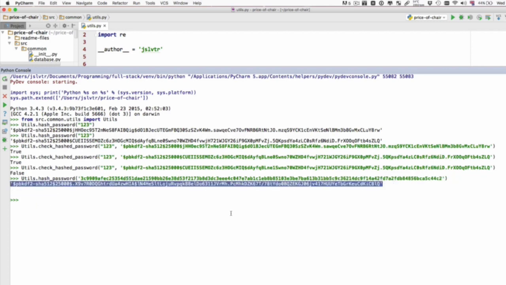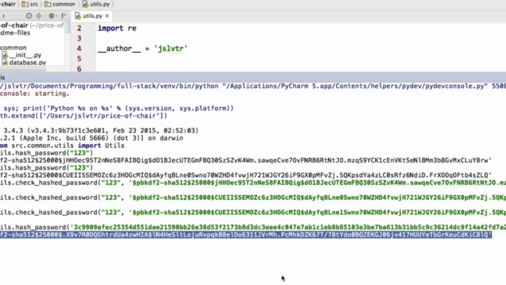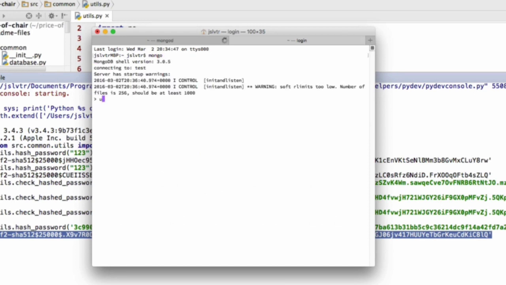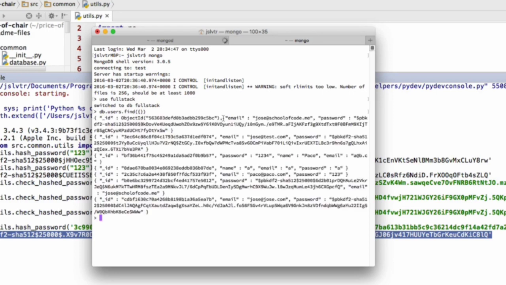Now what to do is go into the terminal, which I'm going to do just now, and open up a new tab and open up Mongo, then use the full stack database, and then say db.users.find to check exactly the structure. Notice how right now we've got some passwords in there, and all the passwords that we've got are in this format with PBKDF2 at the beginning, and that's absolutely fantastic, except this one, which is evidently a test. So what we're going to do is we're going to say